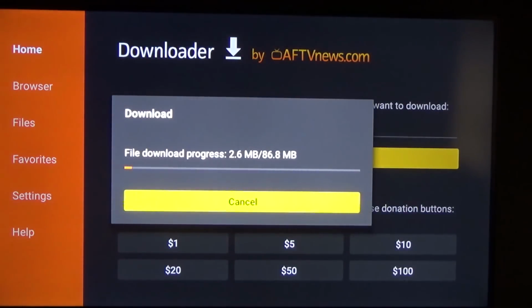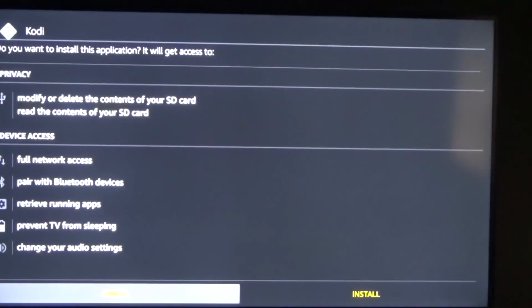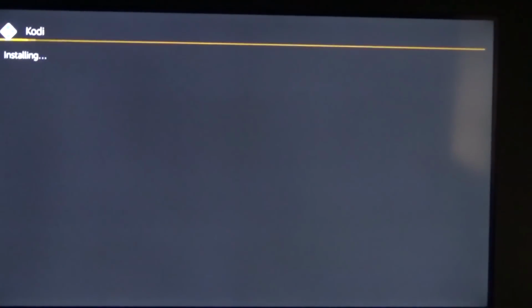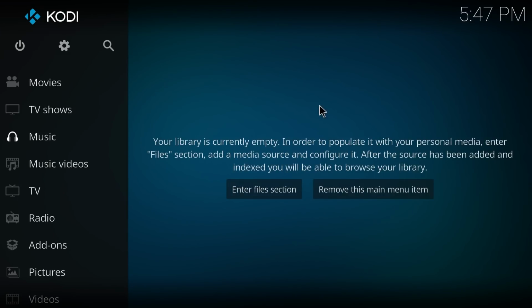It's going to go ahead and connect, and then it'll download that app onto the system. And then once it's done with that, you can just go ahead and click on install, and then go ahead and click on open. Alright guys, so once you're in Kodi, the first thing you're going to want to do